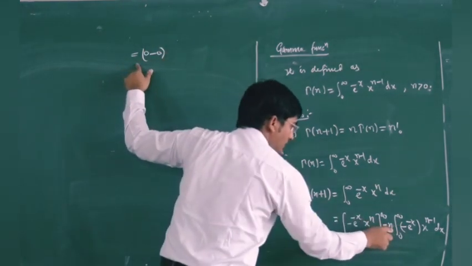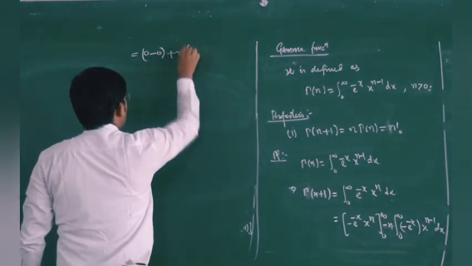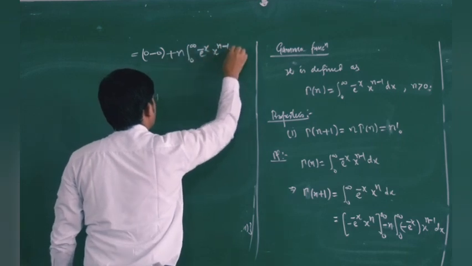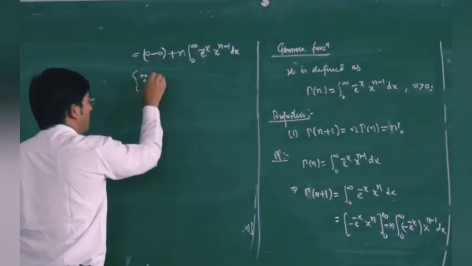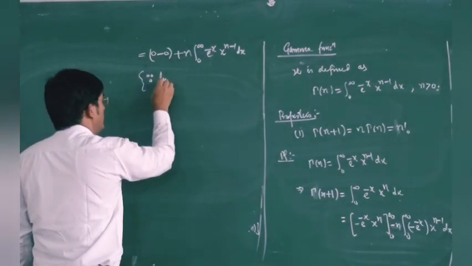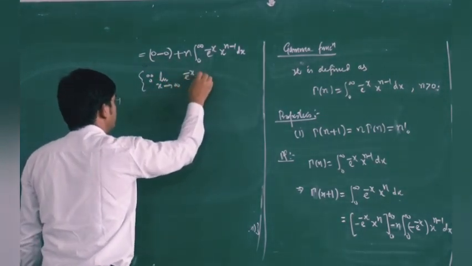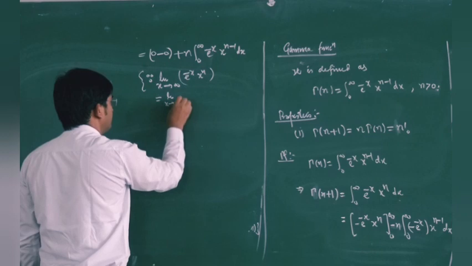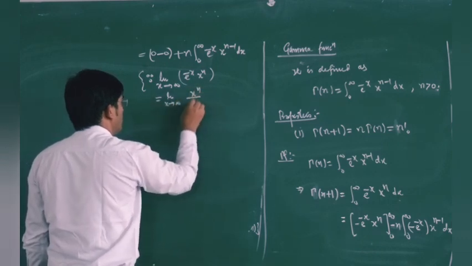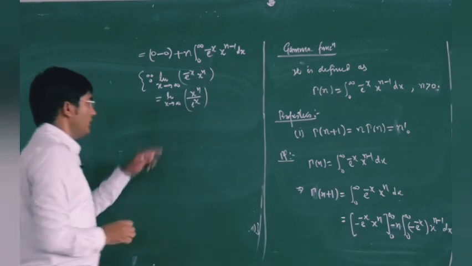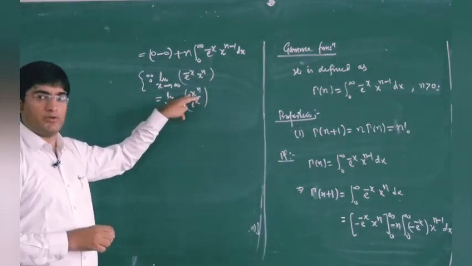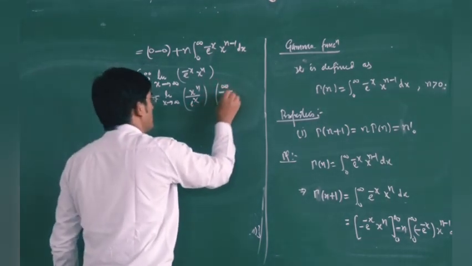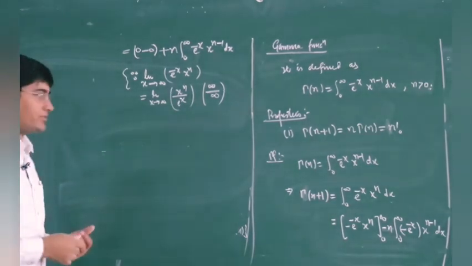Now this will be minus minus plus, then in the bracket we will have the integral from 0 to infinity of e to the power minus x, x to the power n minus 1 dx. Now for your upper limit, that means when x is infinity, we have this type of term. Now we can write it as x to the power n upon e to the power x. So if you put x tends to infinity, this will be infinity. Again we have e to the power infinity here, so this is infinity upon infinity. So for that we will use the L'Hospital rule.